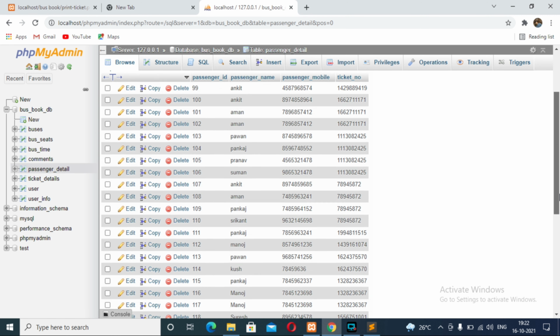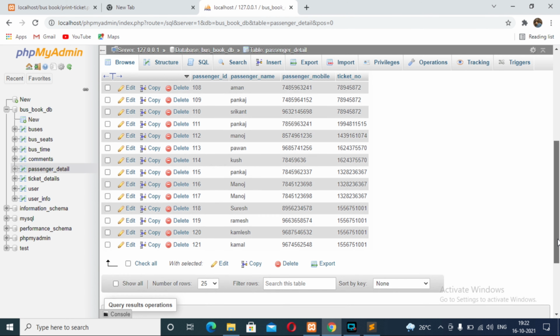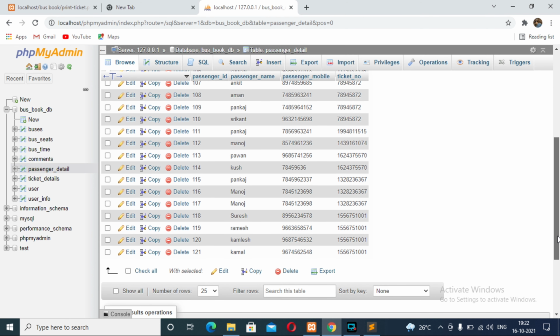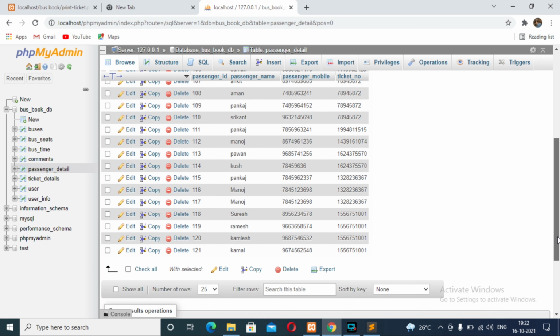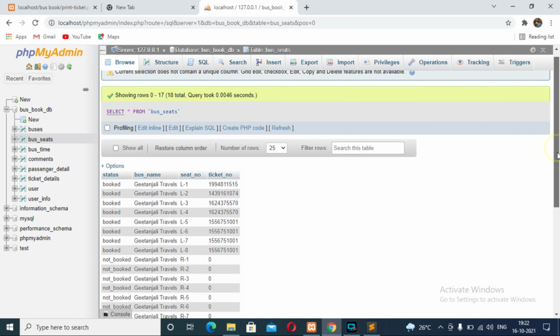Only then can we fetch the details from our database to our website. So first let me check whether any passenger is available or not. Okay, so copy this ticket number, Control C and paste it here.